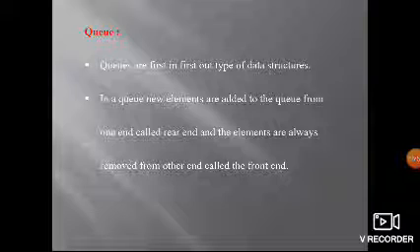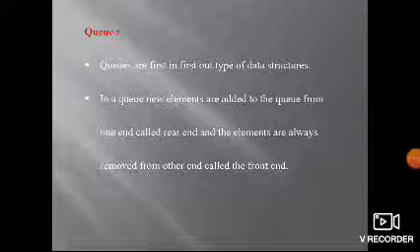Through the back we will be adding to the line. If you want to add, you come to the back, that is the rear. If you want to remove, after taking the ticket, we go from the front. So that is the front end. We have the rear end and the front end. The operation at the front end is to remove the elements. The elements are always removed from the other end called the front end.